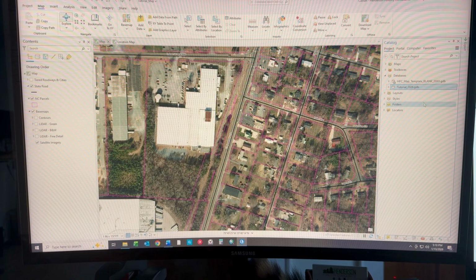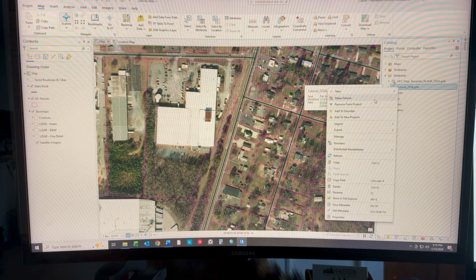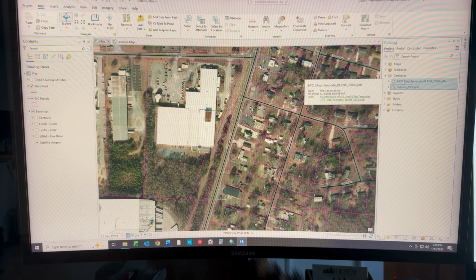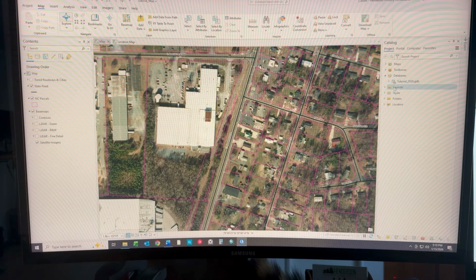So you can see it's created a new file geodatabase here. But now I need to, while it's highlighted, right click it and then select make default, and then go back to the template file geodatabase, highlight it, right click it, and then click remove from project. So now I have a file geodatabase and a map project saved in the landowner's X Drive folder, but this